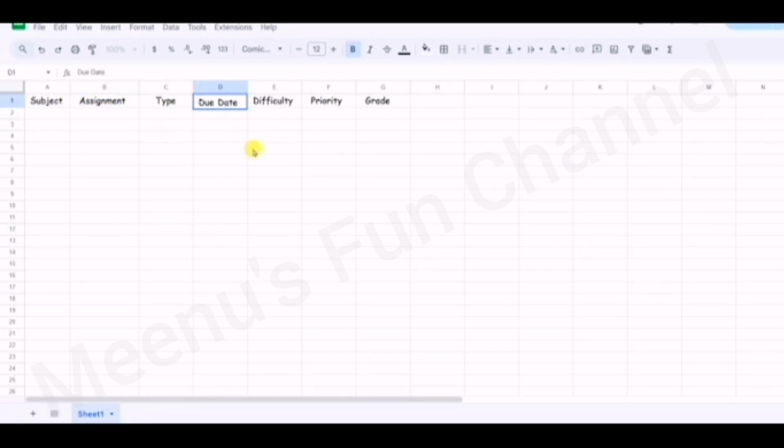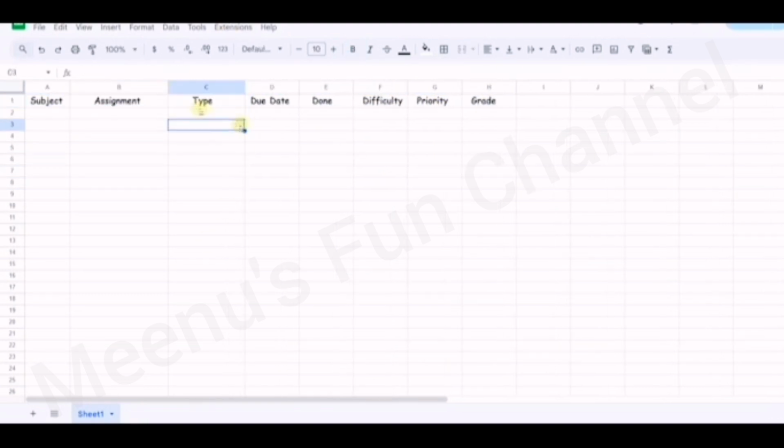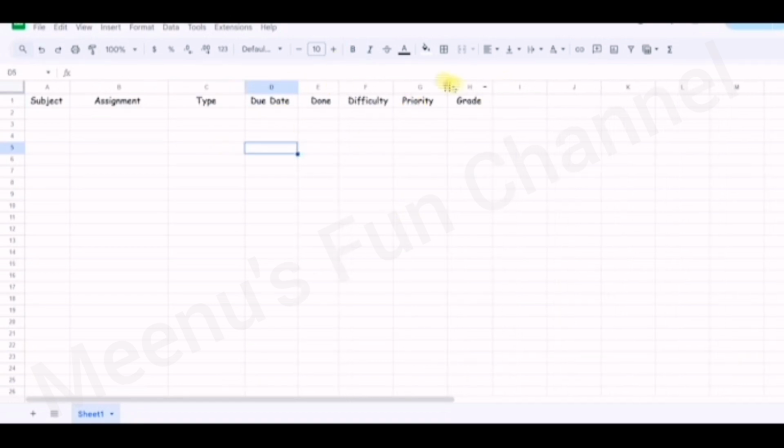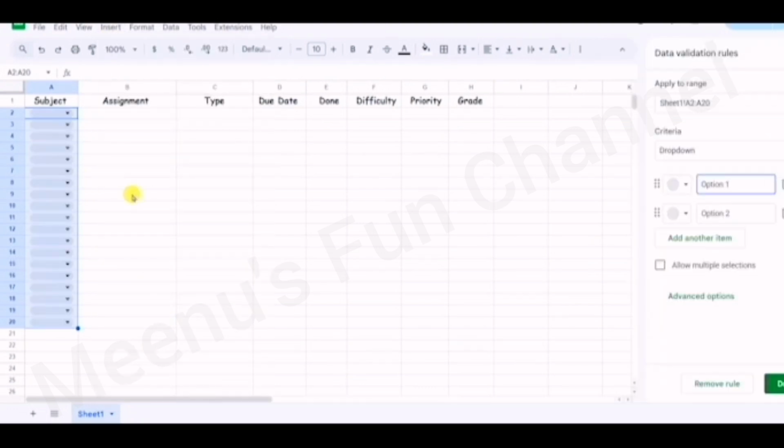So today I'm going to be making a super cool study planner in Google Sheets. So let's get started. First of all, what I did was I went ahead and wrote down all of my main things I was going to add in this planner / tracker. So of course the subject, the assignment, so what the assignment actually is, the type, the due date, done, difficulty,